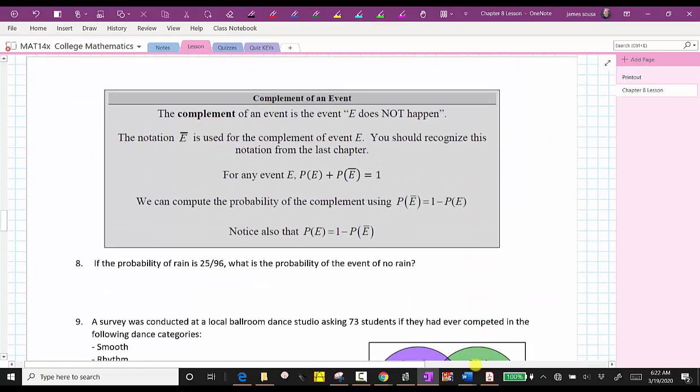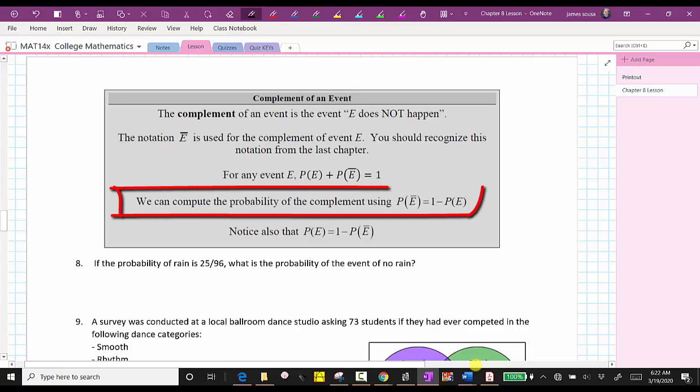Now let's talk about the complement of an event. The complement of an event is the event E does not happen. We usually use a bar over the event to indicate the complement of an event. We can calculate the complement of an event by using this formula here, where the probability of the complement of E is equal to 1 minus the probability of E. Remember, this 1 represents 100%, so the probability of an event not occurring is equal to 100% minus the probability